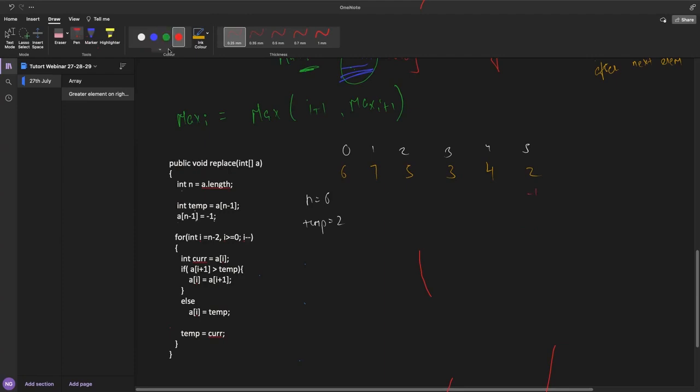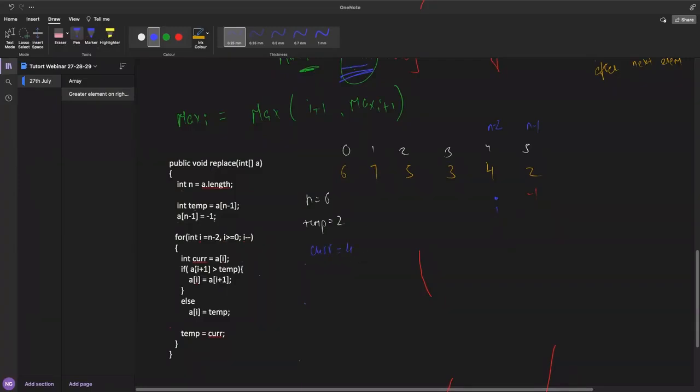So next is your for i equals n minus 2. So i will be here, n minus 2. This is n minus 1, so this will be n minus 2. So i should be greater than 0. Is i greater than 0? Yes. So current will be A of i. So current will be 4.